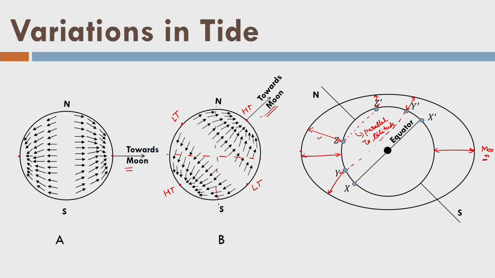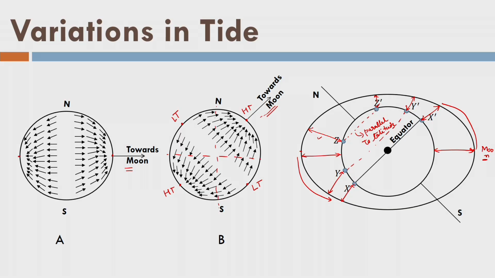Okay. So what about the X position, which is at the equator? You can see here that with respect to the moon, with respect to this point, this has the same tide, and with respect to this point it has the same tide. So at the equator the tide levels are the same, but as we go away from the equator, for any given position of the moon we can experience different levels of tides at the same parallel of latitude, because one point which is near to the antipodal or sublunar point will have a higher tide, but the point which is quite away from the antipodal or sublunar point will have a low tide. So that's the key here, that we also see the variation in the tide levels.